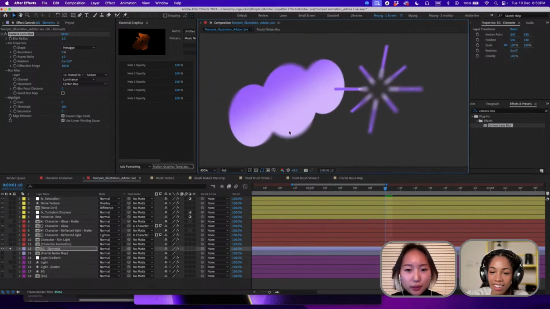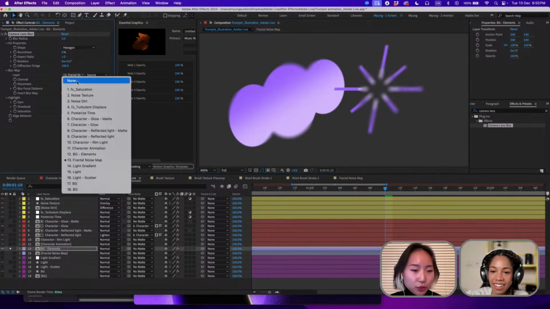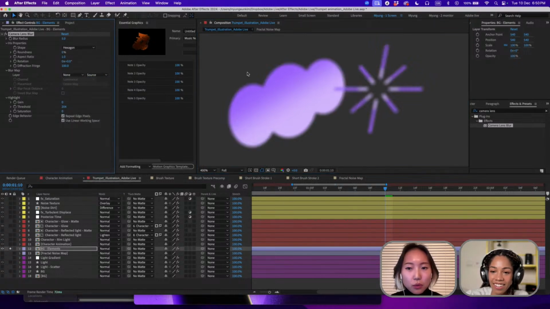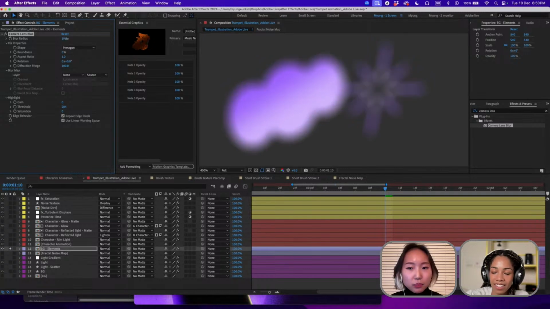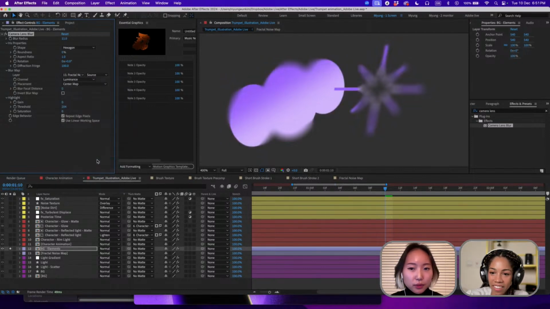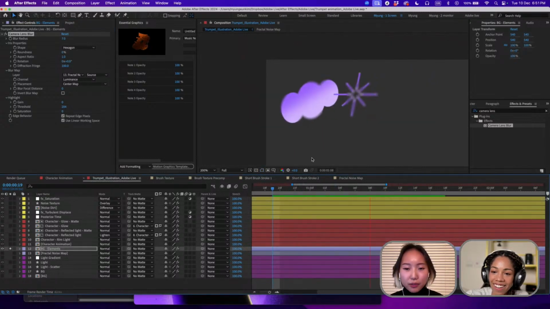When you turn this off and you're not using the map, all the elements just look blurry. But as you use this map, you have just that white area having these effects. That's how I achieve that kind of random